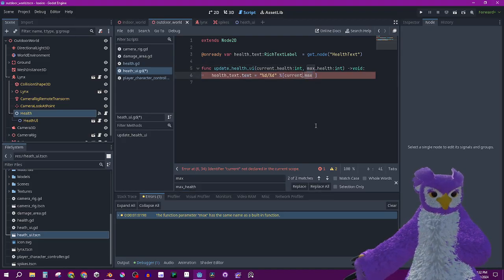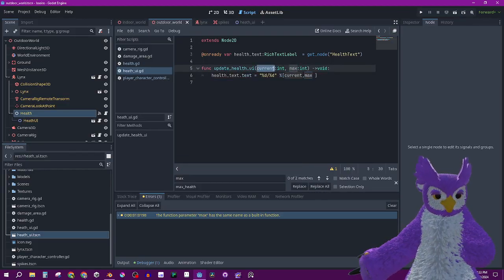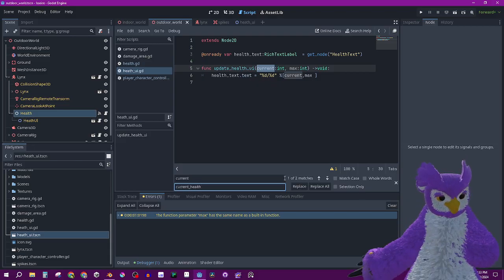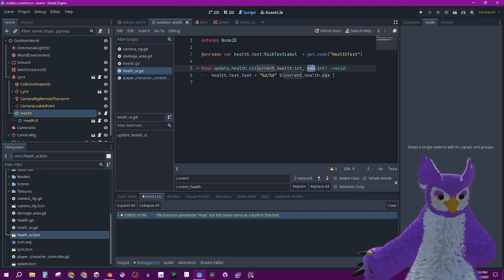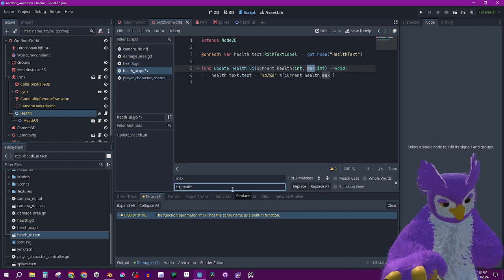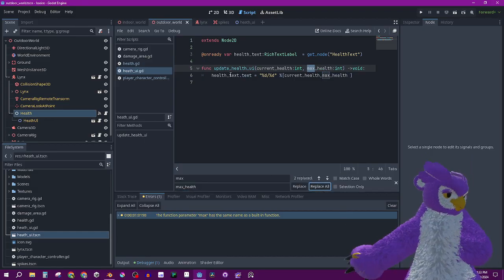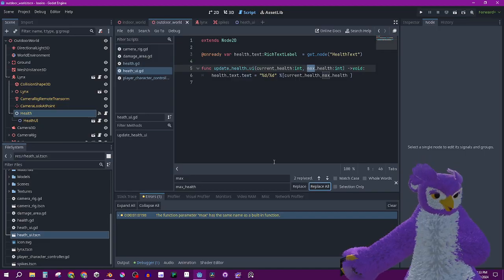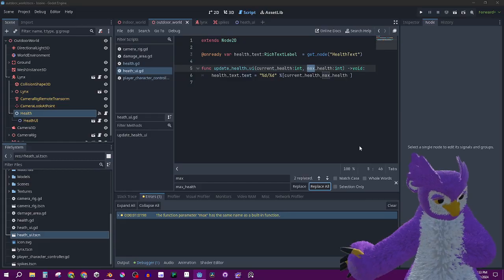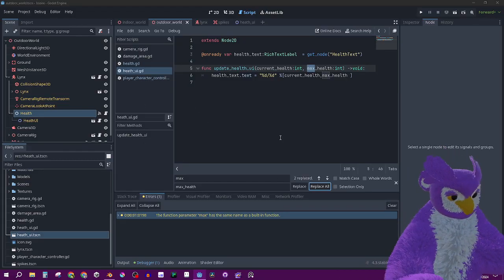Oh, I should hit replace all. There we go. Cool. So we'll go through and replace the UI with actual hearts on